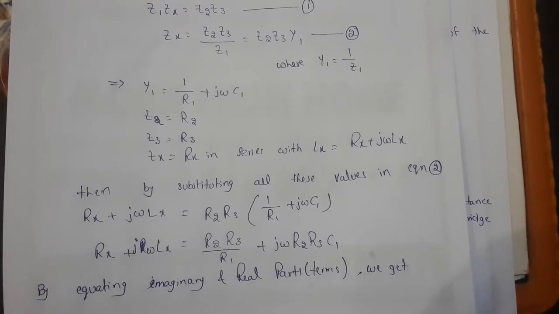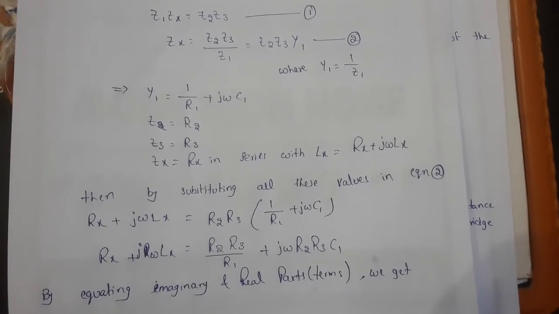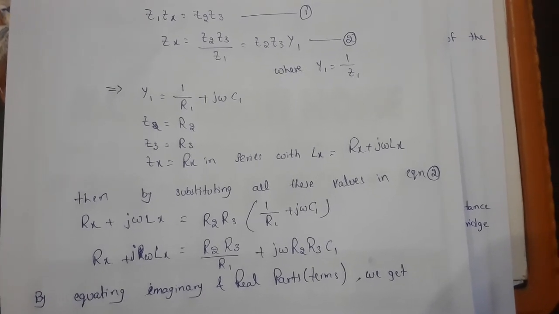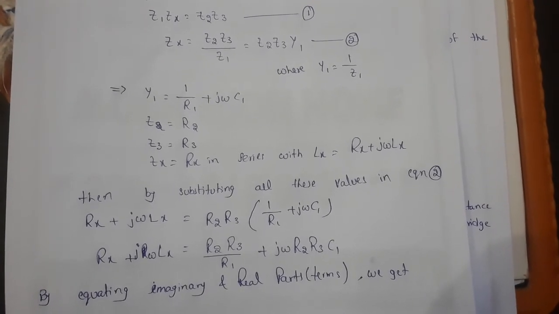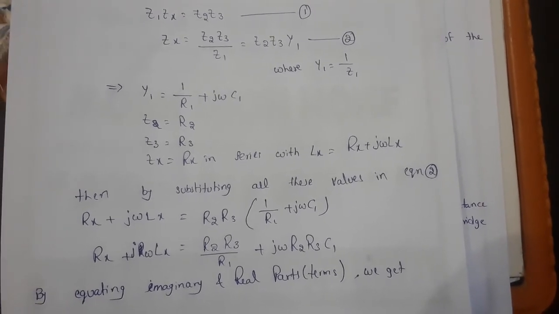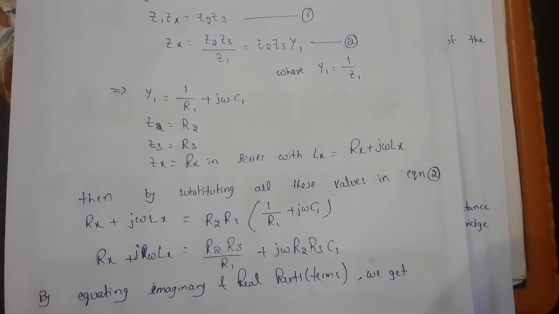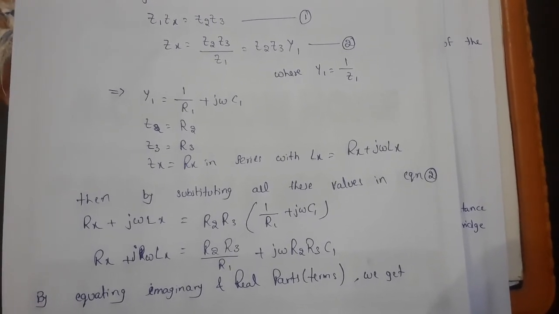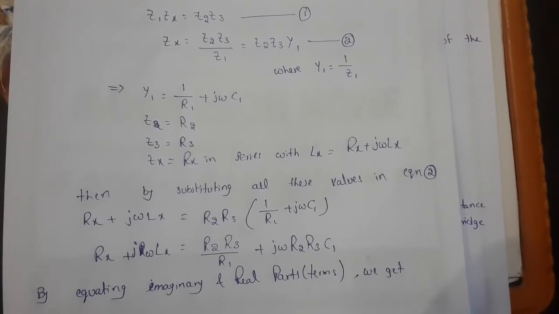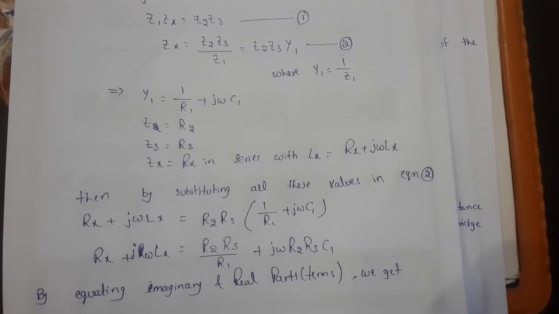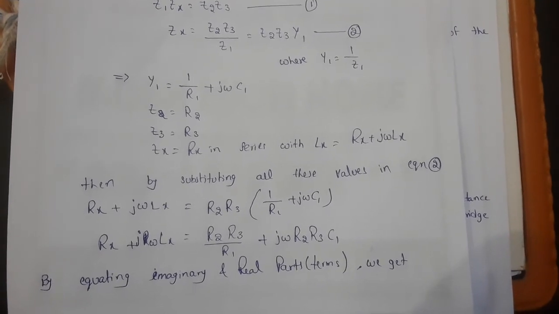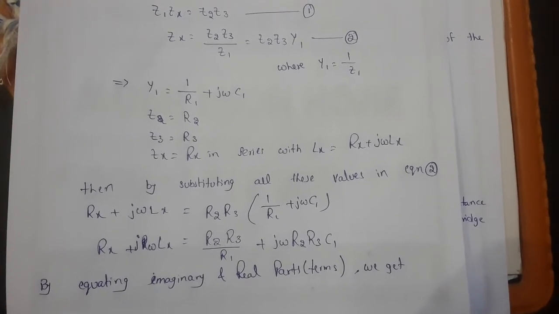From the figure, Zx equals Rx in series with Lx. So in the figure we can see that Rx is in series with Lx. Hence we can write it as Rx plus j omega Lx, and these values can be substituted in equation 2. By this we get Rx plus j omega Lx equal to R2 into R3 of 1 by R1 plus j omega C1. So by equating imaginary and real parts, we will get